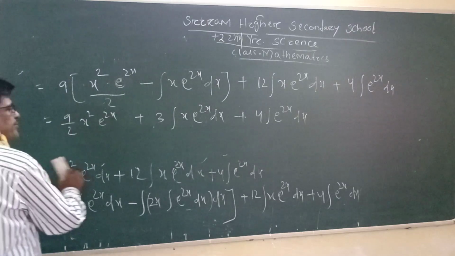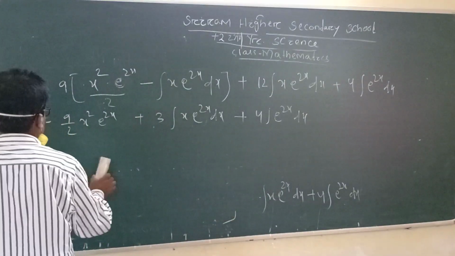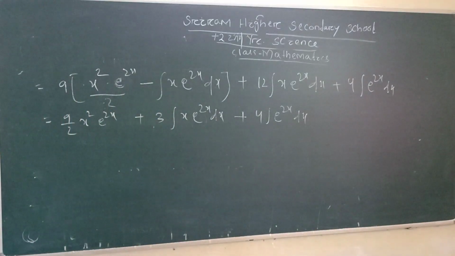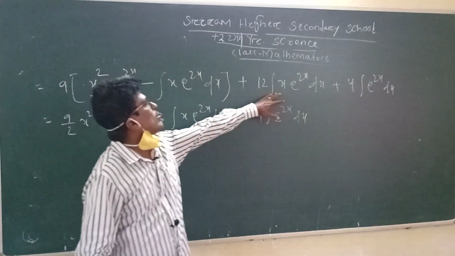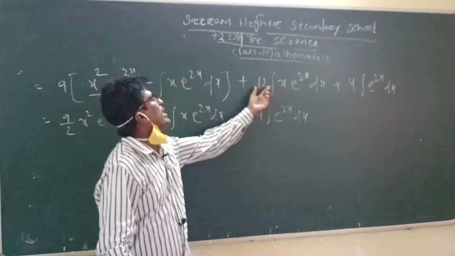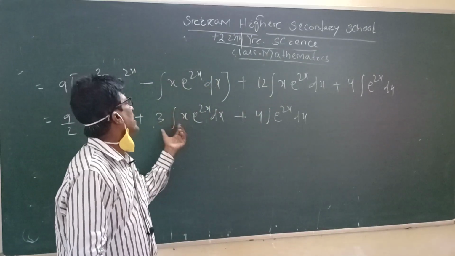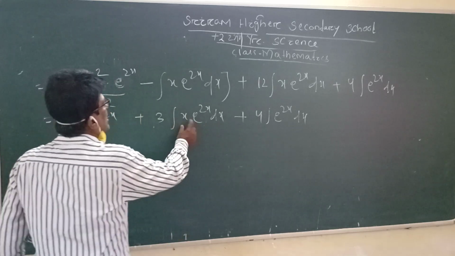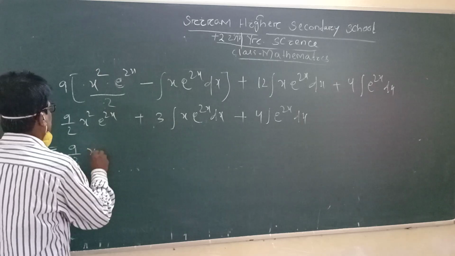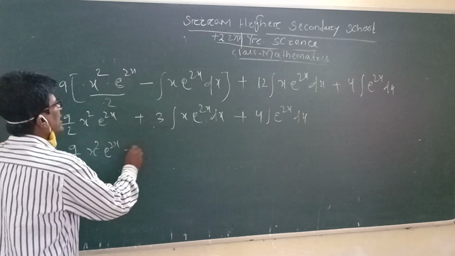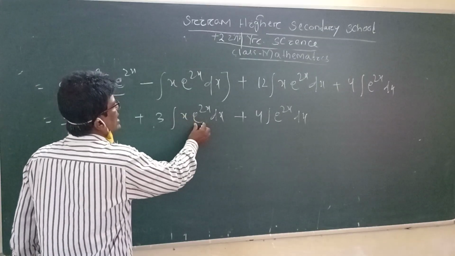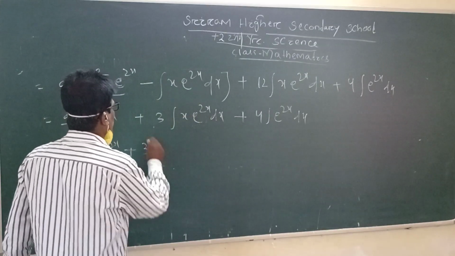Then you look, why I am not expanding that term, because it becomes again that term, and that 12 plus (minus 9) became 3. So 9 again using integration by parts, that is first and that is second. So 9 by 2 x square e to the 2x. Here x is algebraic, e to the 2x is exponential, that is first function and that is second function. So 3 is multiplied throughout the equation.